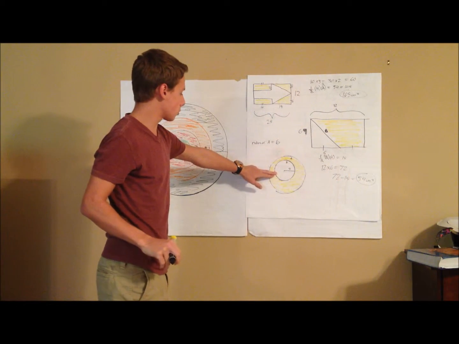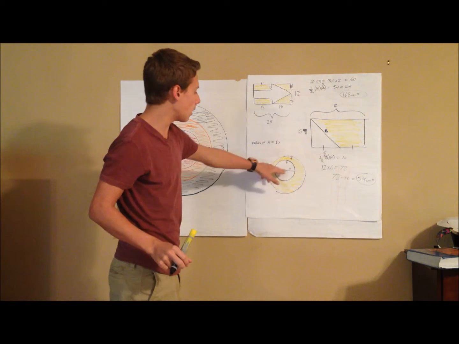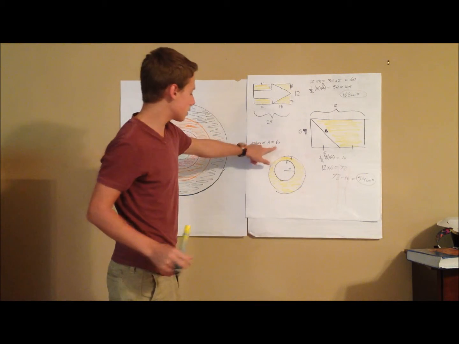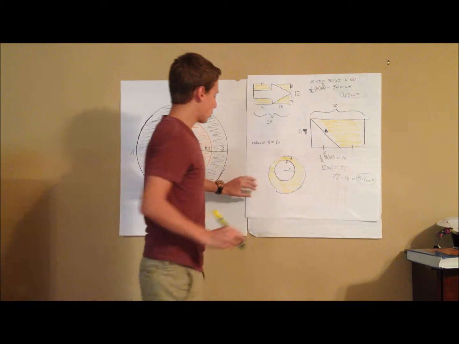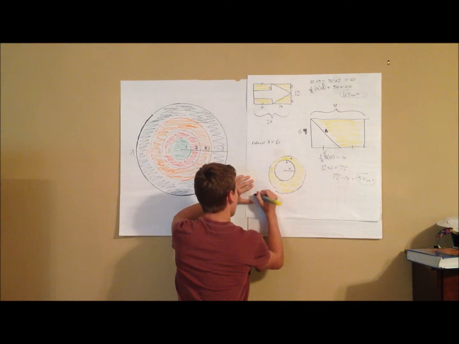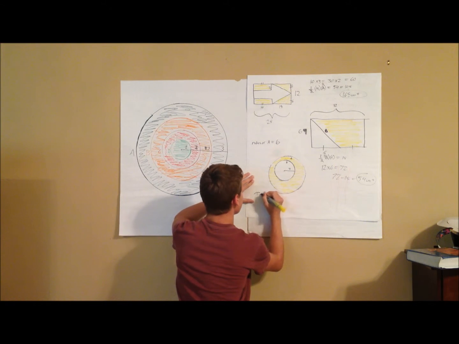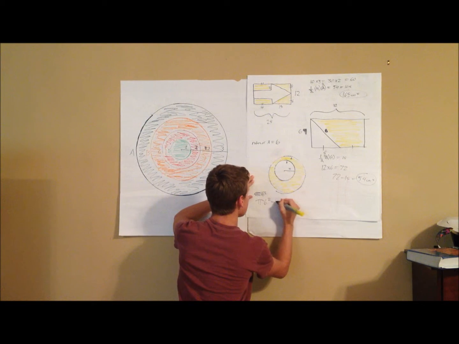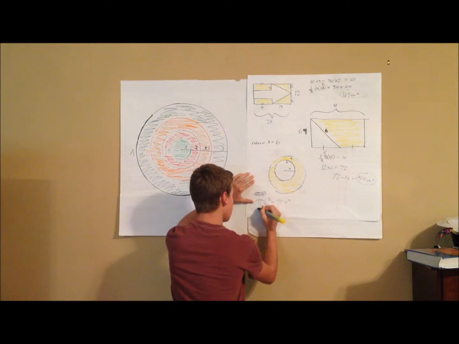Lastly, we have the two circles. And to find that, you have to take the area of the big circle minus the area of the small circle. So the radius of the big circle A is 6. And the radius of the small circle B is 4. So you do pi times 6 squared minus pi times 4 squared, which is equal to